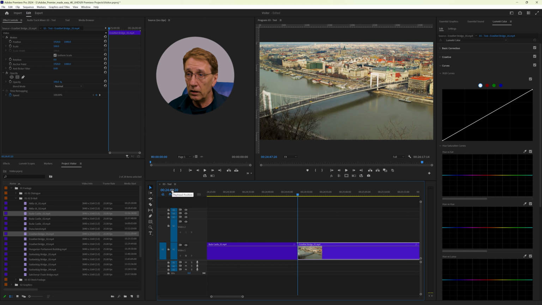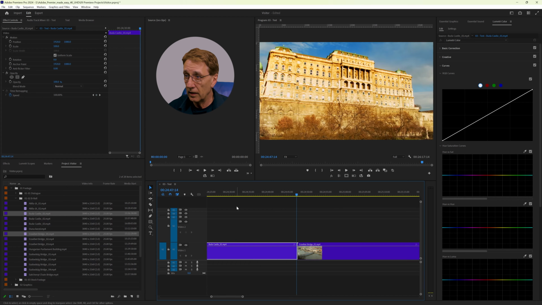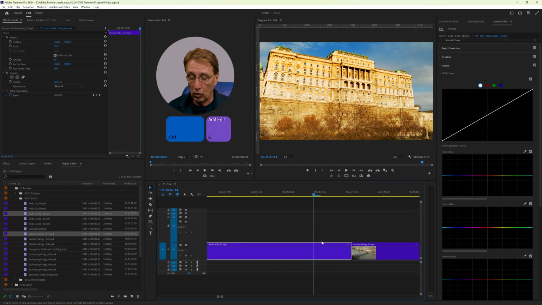So I go here, -6, -6, and I place a cut here. I can use the shortcut Control K. I could also have taken this razor tool and cut, but Control K is so much faster.